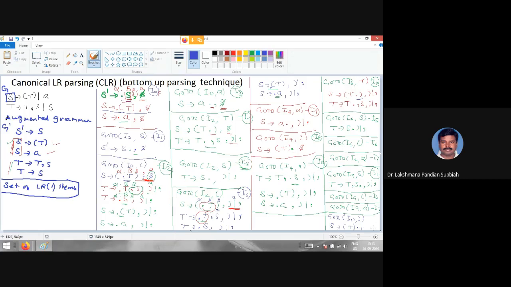This one is close bracket or comma, right? So this is I12. Next we are having I10 comma, I10 comma comma, right? So that one I am going to write here. Just you take that one, right? So here now where can we write the end, right? So I remove that one.